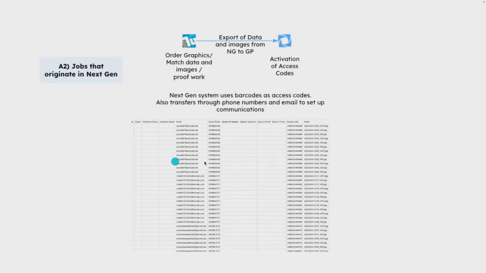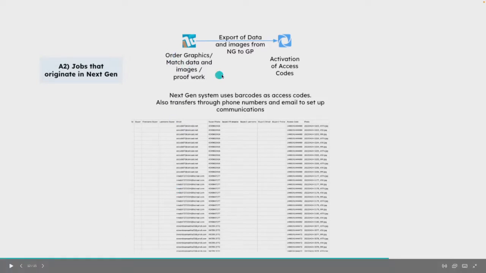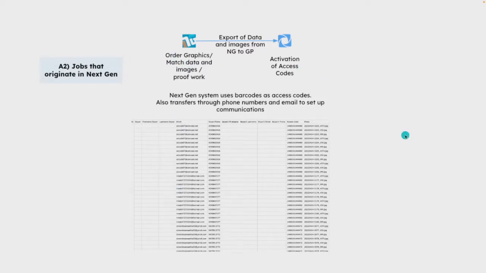All right, but if the job originates in NextGen, you're not going to see that much different. It's just that on the back end, you'll have GotPhoto data that you can download. So if we have additional graphics we need that are purchased from GotPhoto,